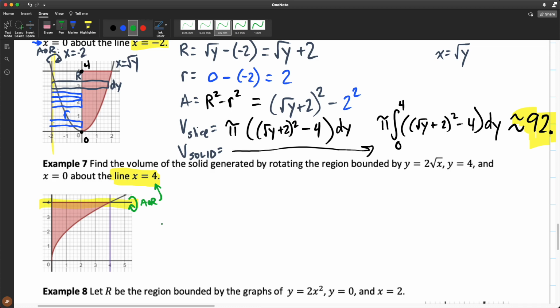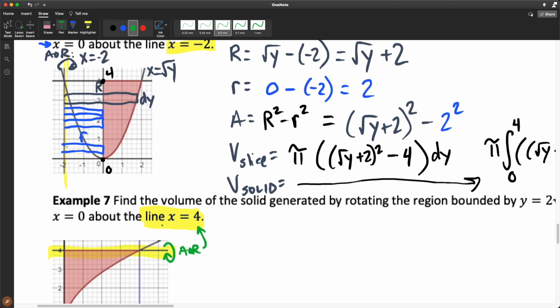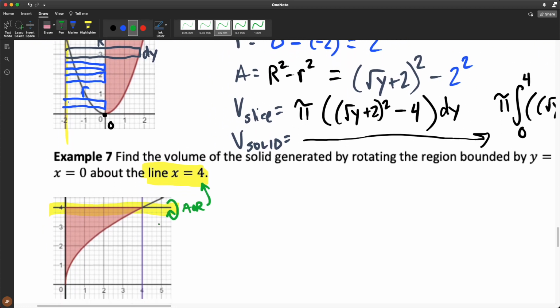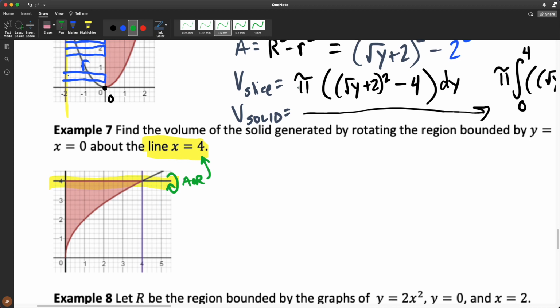Oops. Wrong button. Alright, so let's look at our diagram here. Okay, we need our big R. We need our little r. Area. Volume of a slice. And then we'll do volume of a solid to the right when we have more space. Alright, big R. Our axis of revolution is on the top this time. Okay, so interesting. So,